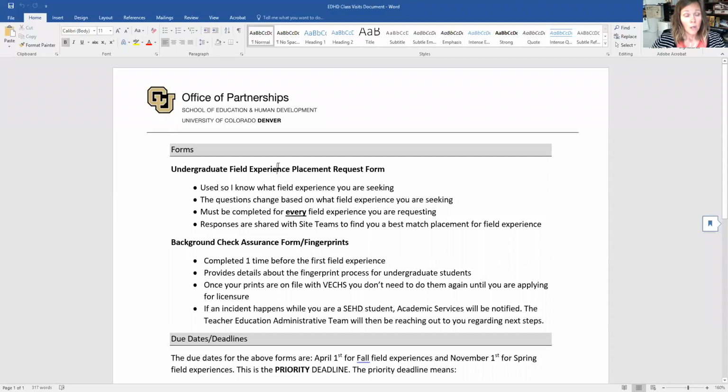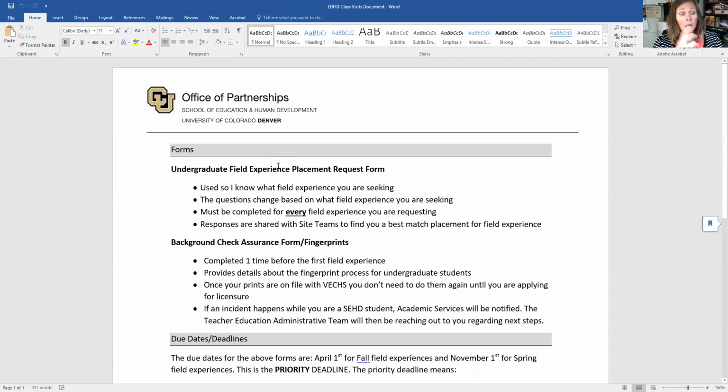So I'm going to share my screen now with a document that either the academic advisor or your instructor will pass out. So recently you should have received an email from me that talks about the requirements for the next field experience, EDHD 2930. If you're an early childhood education candidate, that might be ECED 2930, but it's not offered until fall of next year. So this communication is mostly going to be tailored towards getting you set up for EDHD 2930. And then we'll go through another spiel like this in the spring to get you set up for ECED 2930